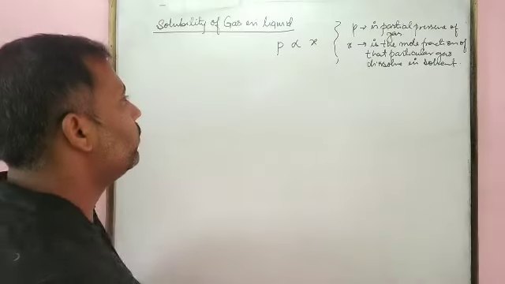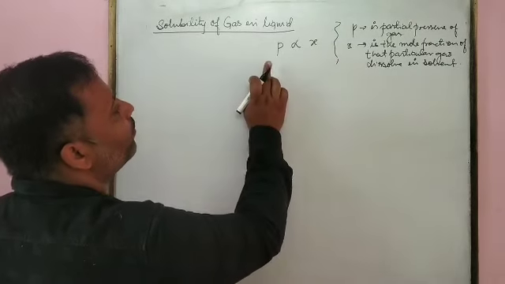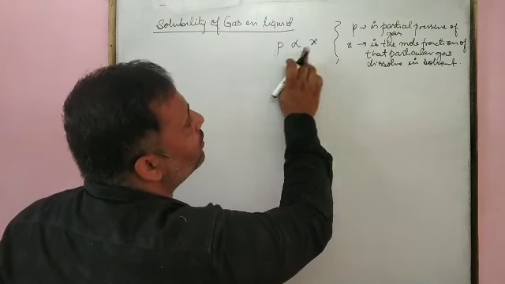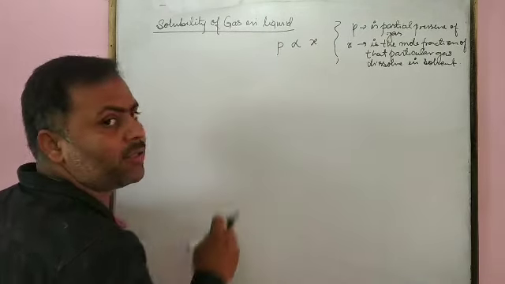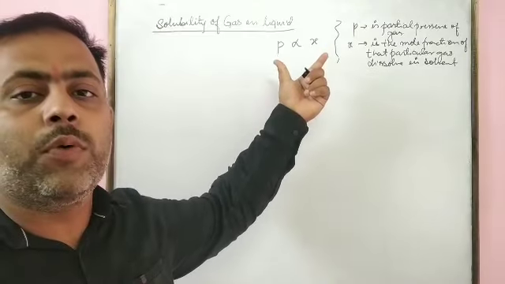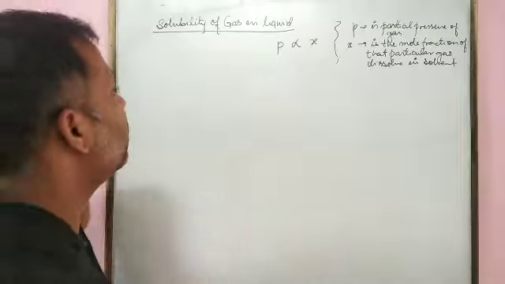So next we will discuss what we know. We know the mole fraction of the gas dissolved in a solvent is directly proportional to its partial pressure. By introducing a proportionality constant, we have the equation that